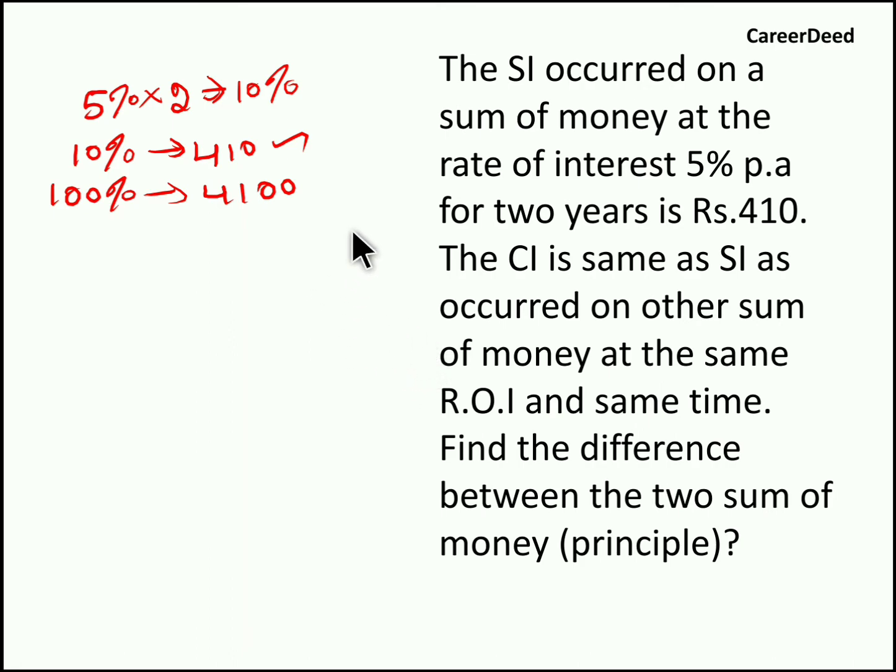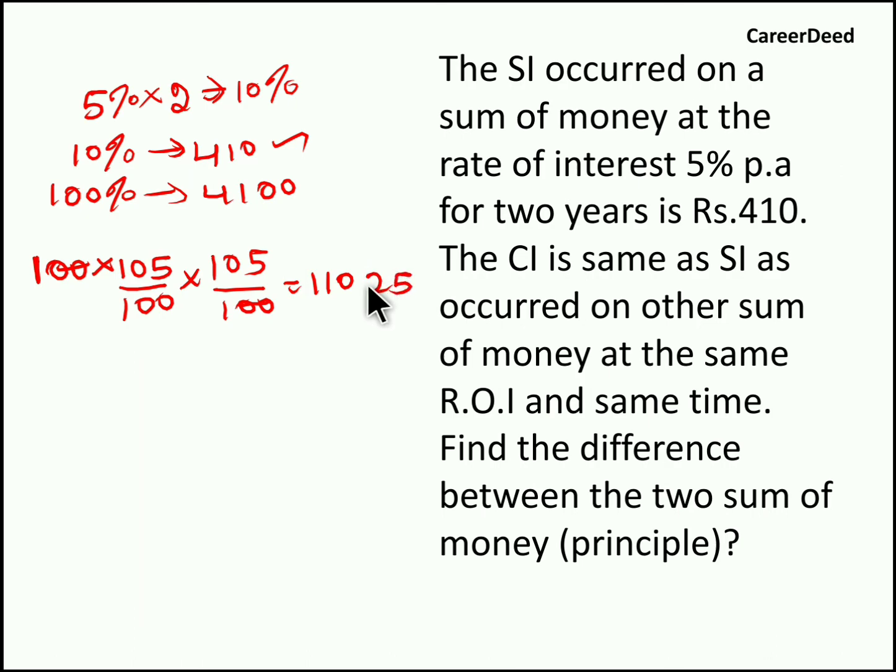Now what we have to do? To find the compound interest, we can use our shortcut. So 100% is the principal. For 1 year, 5% rate of compound interest, and the second year also another 5% rate of compound interest. So when we solve it, we will get 105 into 105, 11025. So 11025 by 100, we get 110.25. Right, so 110.25 is nothing but the total amount that the person has to settle at the end of 2 years in compound interest. So what is the compound interest? So if 100% is principal and 110.25 is the total amount, the compound interest will be 10.25%.